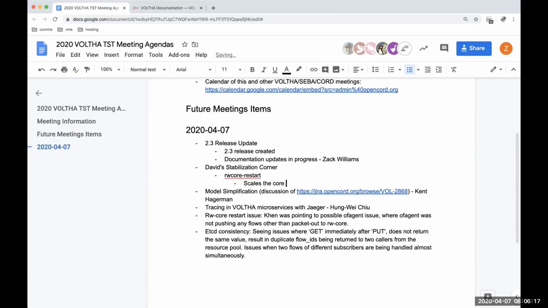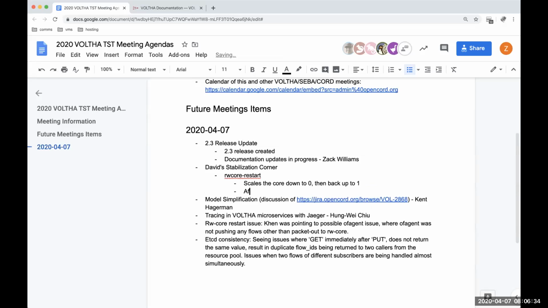During that, OF agent goes up and down, as well as ready, not ready, then ready. And then it adds Volt access in ONOS and waits for DHCP. As it stands right now, after the core restart happens, DHCP never comes through. So this would be an issue.